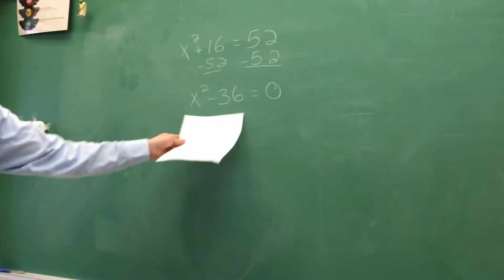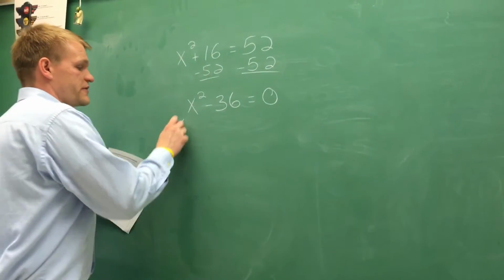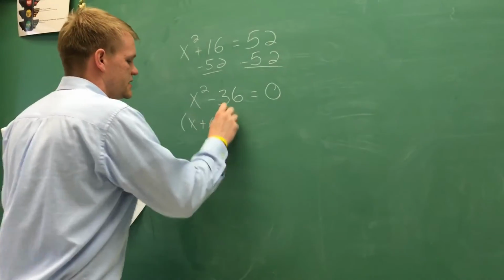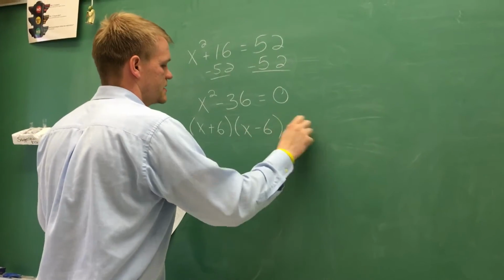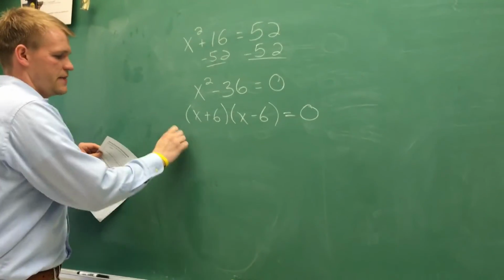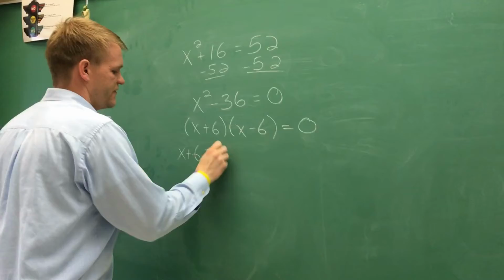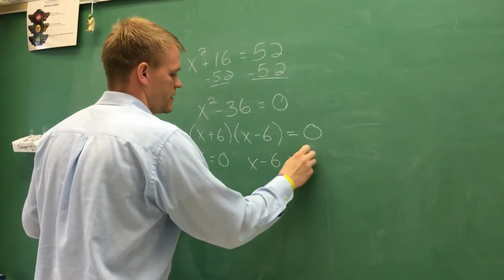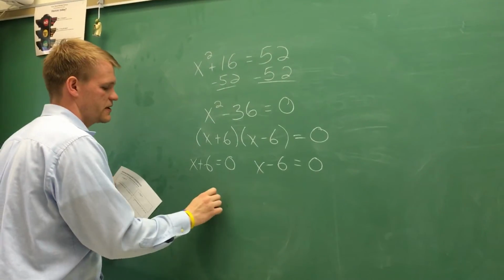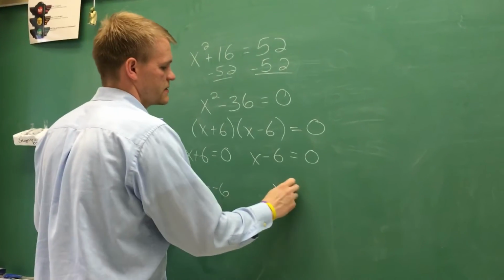So if you notice, you can do the difference of two perfect squares here. So this would be x plus 6 times x minus 6 equal to 0. And then from this point, you set both of your factors equal to 0, and then you solve them both individually. This would give you x equals -6, and